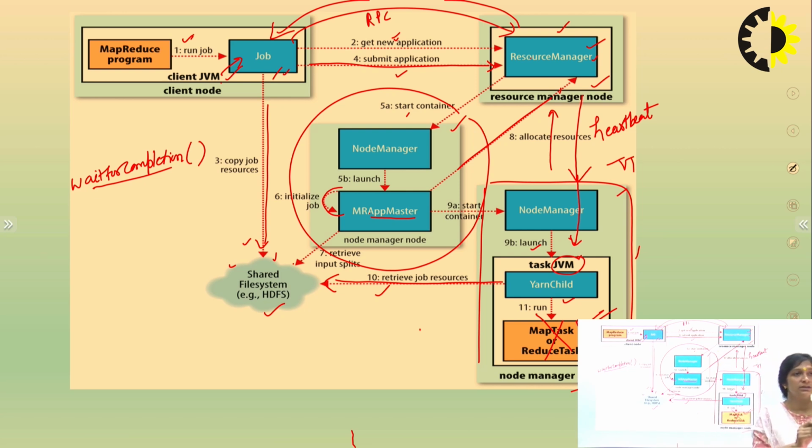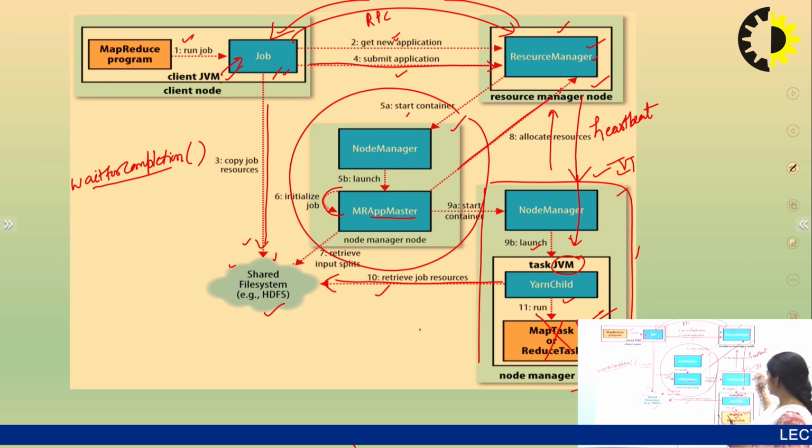After retrieving the input split, the resource manager will assign the job to the task tracker, and the task tracker will retrieve the jar files, the same jar files which the resource manager allocated to the task tracker, from the HDFS.